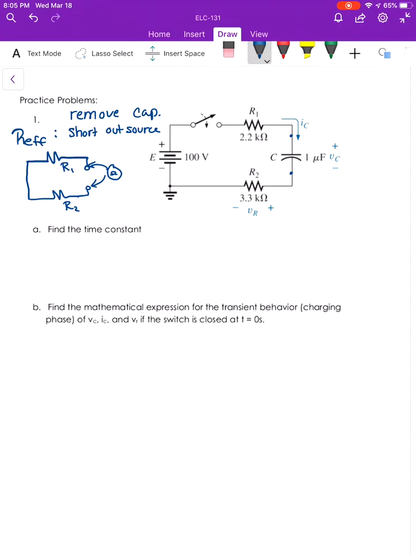So in this case, that resistor would be reading R1 plus R2, because if the ohm meter is reading from this terminal to this terminal, think of it as a complete circuit where we're seeing R1 and R2 in series, so we would add those. Okay, so that's your effective resistance. So if we're looking for the time constant, tau is equal to R times C, and in this case,